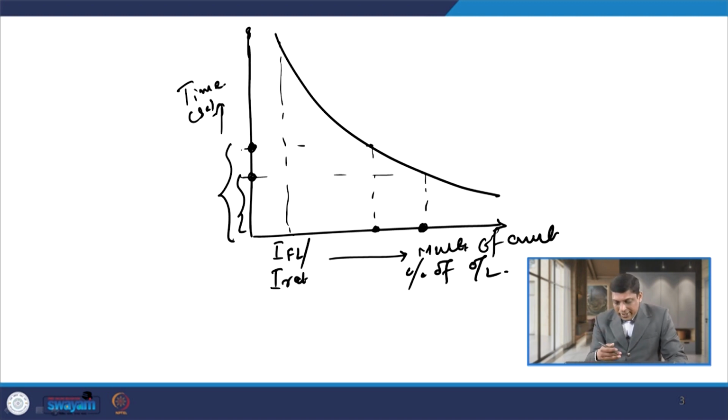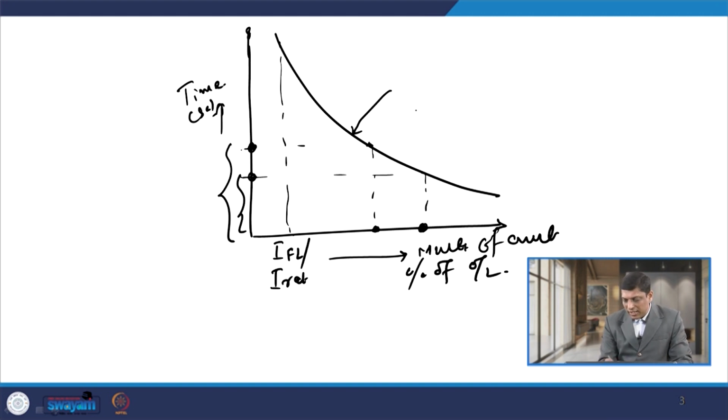So, obviously this clearly indicates that if I want to protect this equipment against overloading, then I have to design a protective device, say a thermal relay in this case, which operates below this point that is reached. So, before any point on this is reached, the thermal relay detects and operates. So, obviously the characteristic of the thermal relay should be lower than this characteristic.